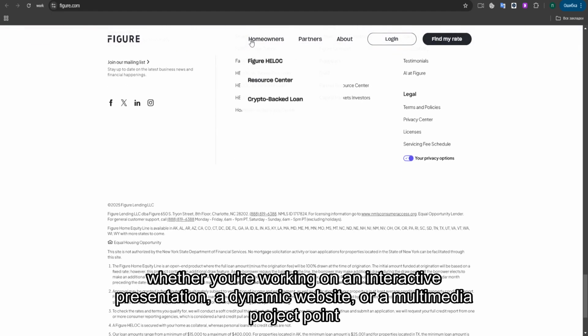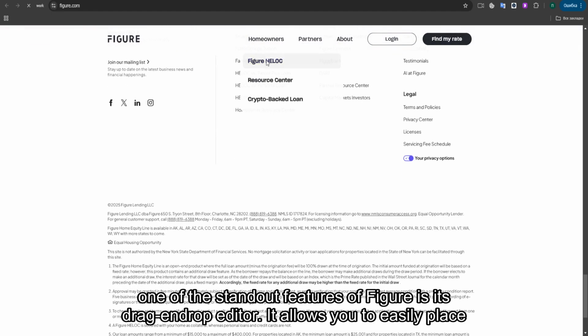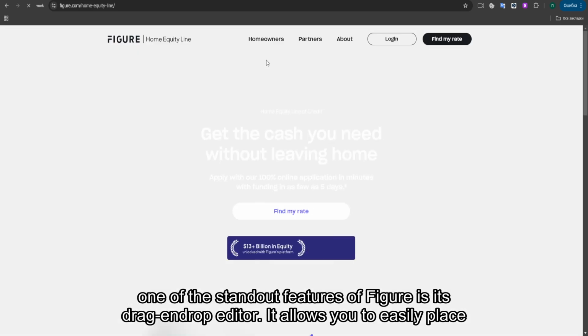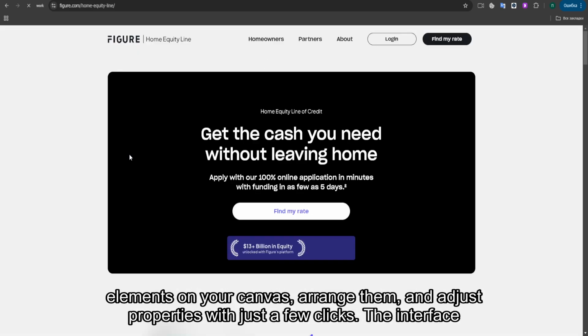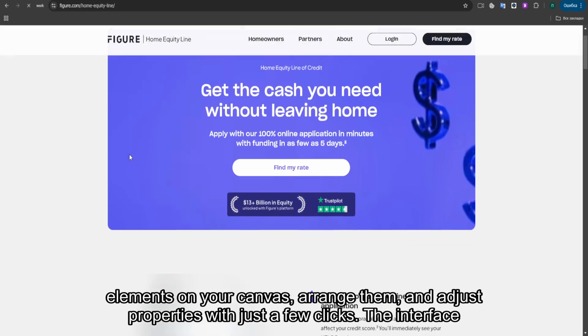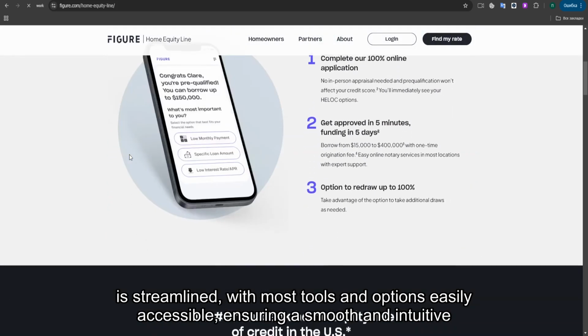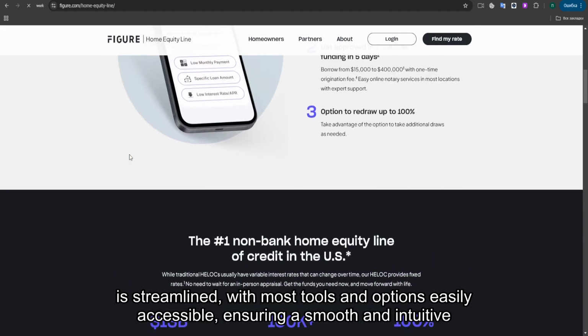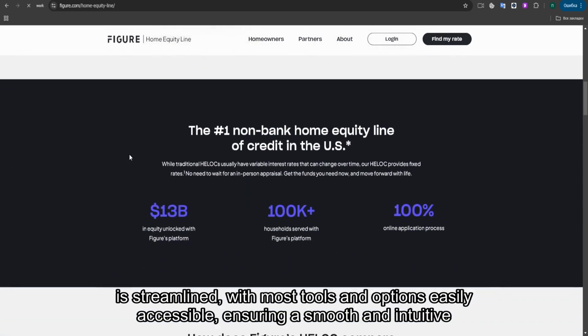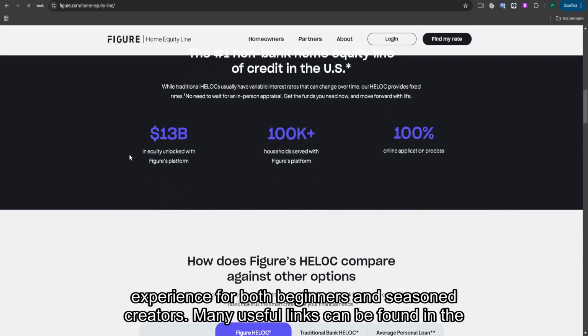or a multimedia project. One of the standout features of Figure is its drag-and-drop editor. It allows you to easily place elements on your canvas, arrange them, and adjust properties with just a few clicks. The interface is streamlined, with most tools and options easily accessible, ensuring a smooth and intuitive experience for both beginners